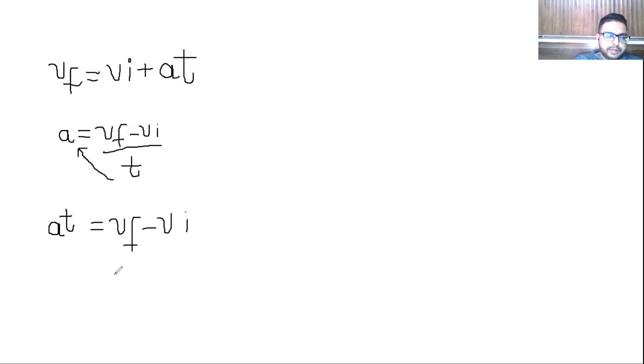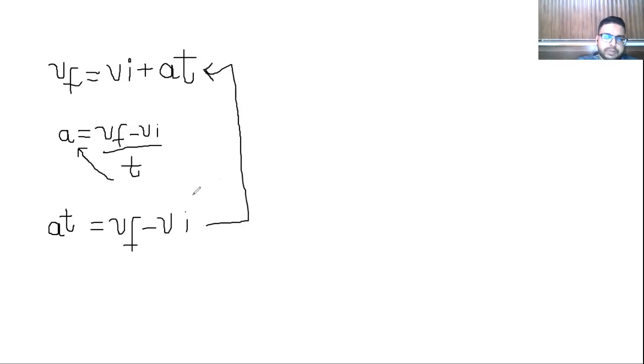equals At, right? So if you rearrange this equation, because remember you have to convert this equation into this form, you can convert it in this form by simply applying mathematical rules. So we know that this thing, which is minus Vi, we have to take from this side and replace it here on the left side of the equation, right? So when we take this negative Vi on the other side, it will become positive Vi. So it has become Vi plus At